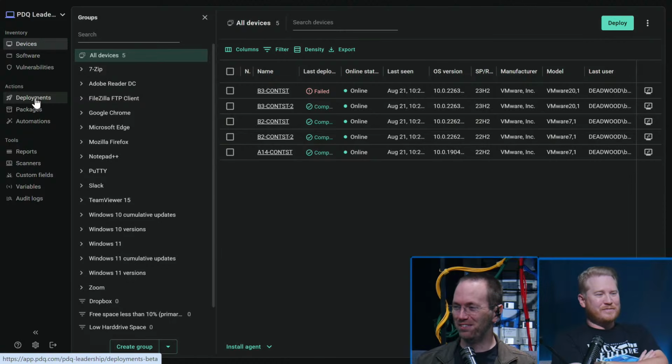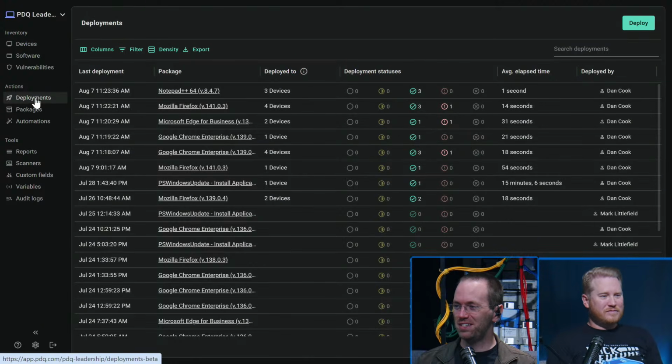With the new deployments tab, which is currently in beta, you're not going to see this if you click on the deployments tab unless you're in the beta. But I happen to be in the beta, so I'm going to show you what the deployments tab is going to look like. If you click on deployments, you're going to see a vastly different experience. What this is now showing you is on August 7th,